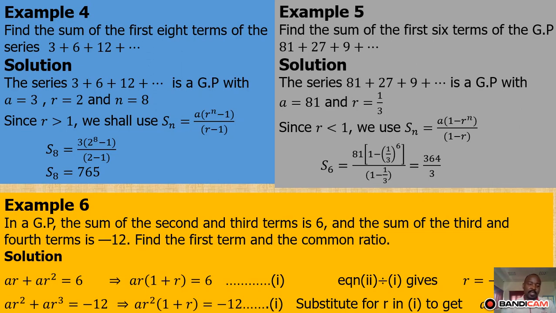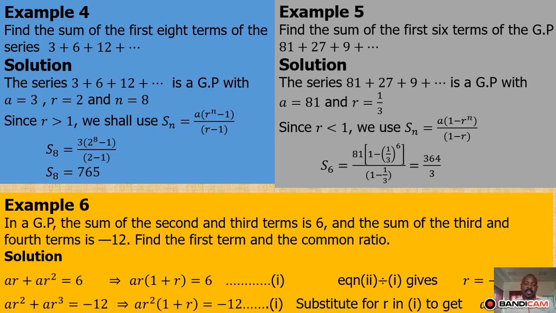The second term is AR and the third term is AR squared. So therefore, AR plus AR squared equals 6. If we factorize out AR, we shall have AR into 1 plus R is equal to 6. We call that equation 1. Also,